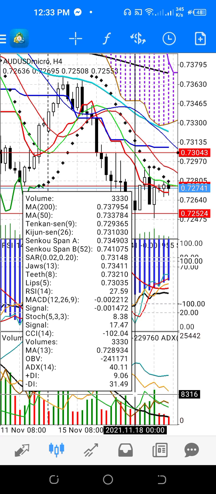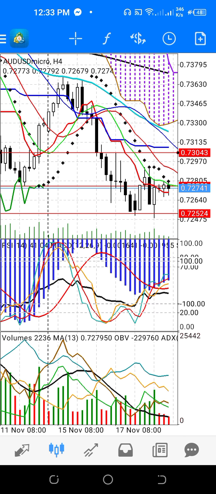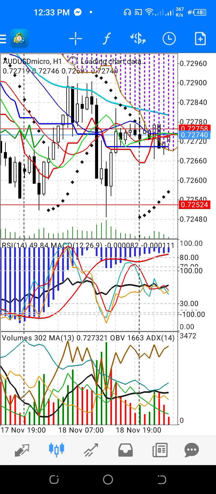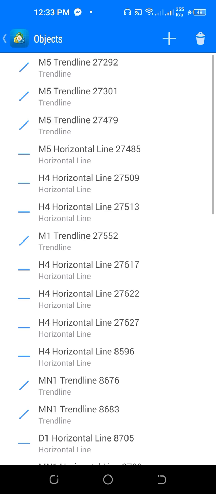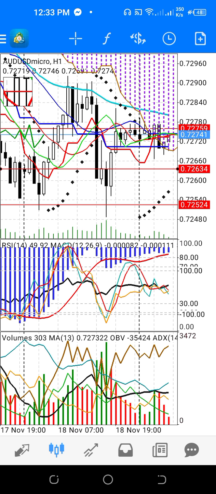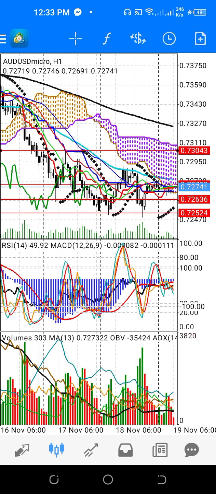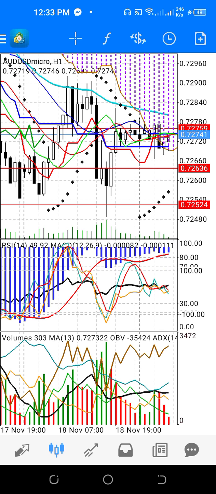Okay. The momentum of the 4 hours is ideal. If you trade upward, check the hourly for this one, because the Australian dollar is sitting on the daily support. If it continues to go down until that level or slightly below that 0.72636, since the current price of the hourly chart is below the 60 moving average,